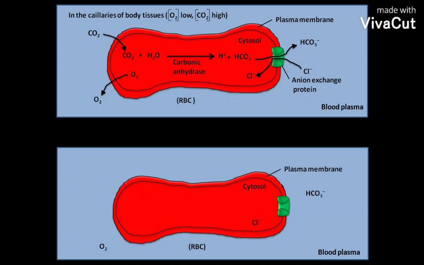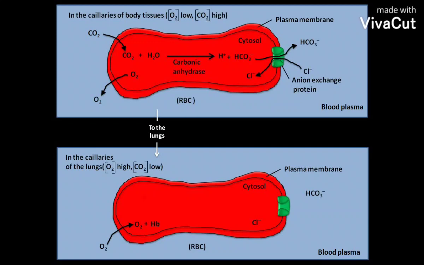Carbon dioxide therefore returns to the lungs as bicarbonate ions in both blood plasma and cytosol of RBCs. Then the RBC goes to the lungs for its own oxygenation. In the capillaries of the lungs, where the concentration of oxygen is high and concentration of carbon dioxide is low, the oxygen present in the blood plasma diffuses into the cytosol of the RBC through its plasma membrane and binds